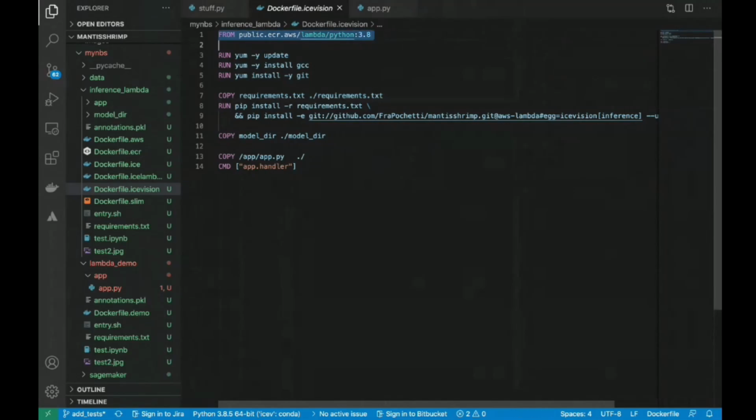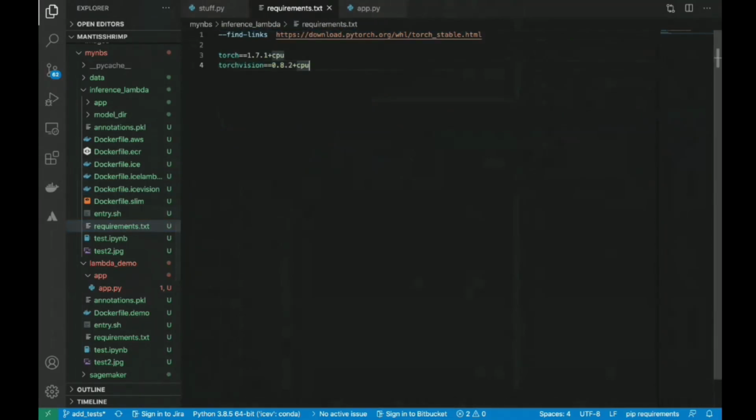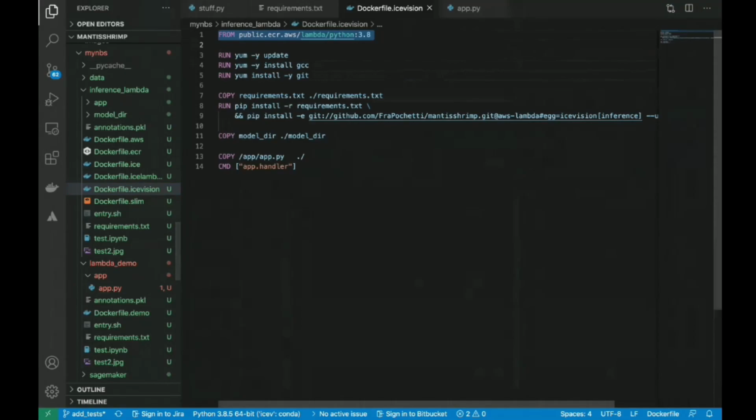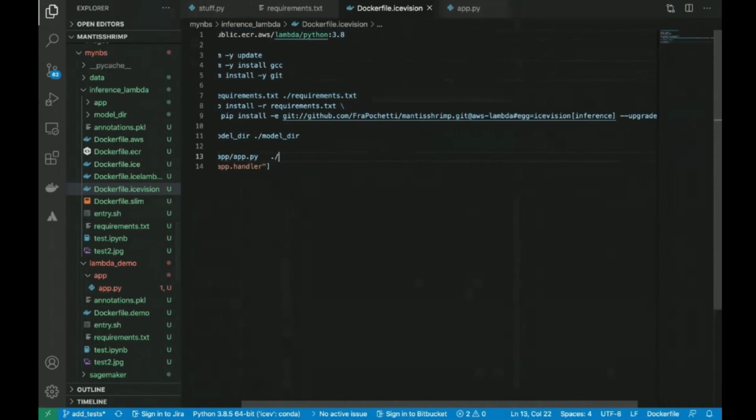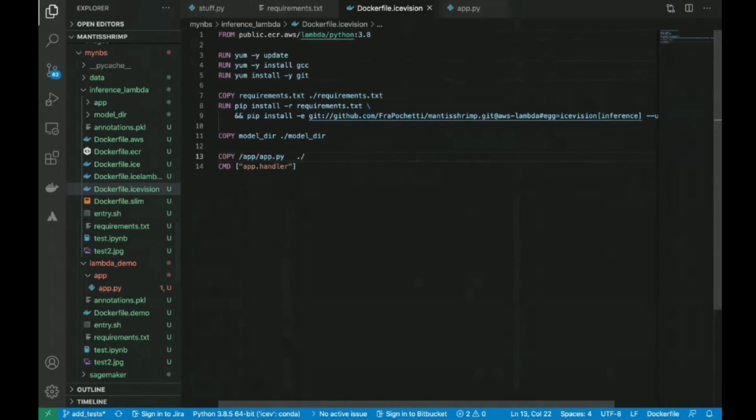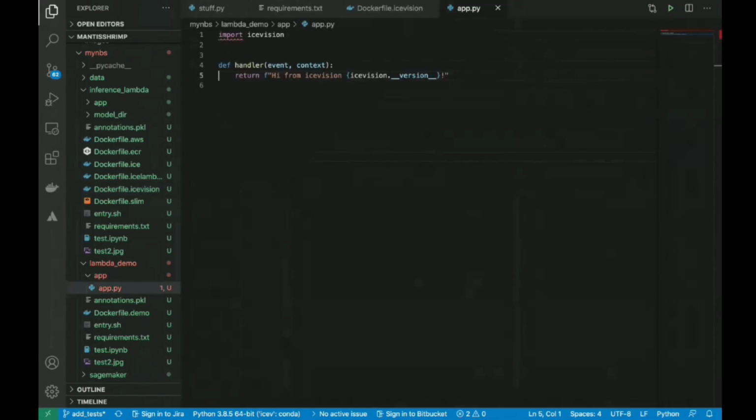And then it's nothing fancy. I'm just installing the requirements, which are Torch Vision, and wait, where is it? Somewhere there should be IceVision. Oh, there you go, IceVision. Then I'm copying the model directory, and of course the app.py. This is actually the Lambda function, right? That's what I need to call, and which specifically is not this one, but